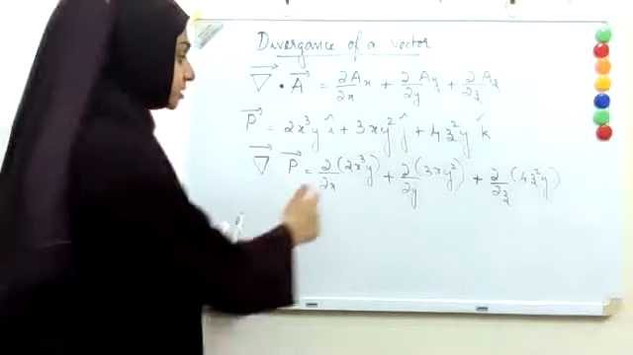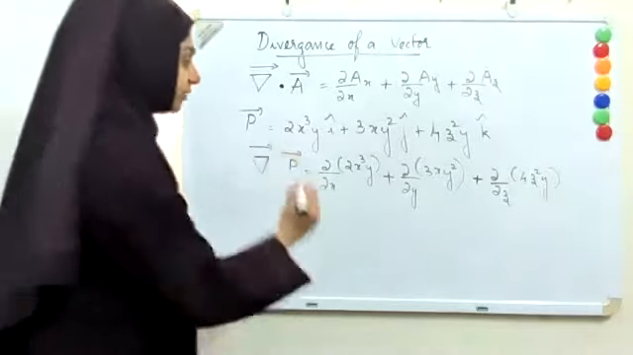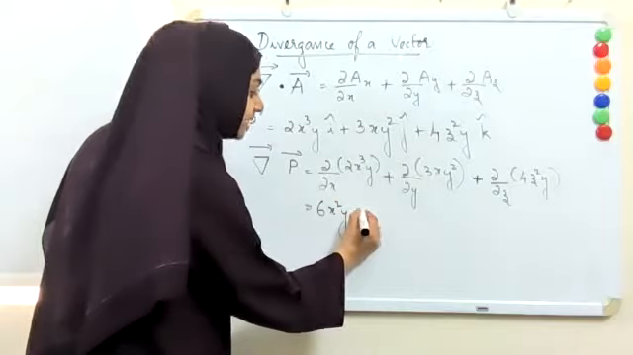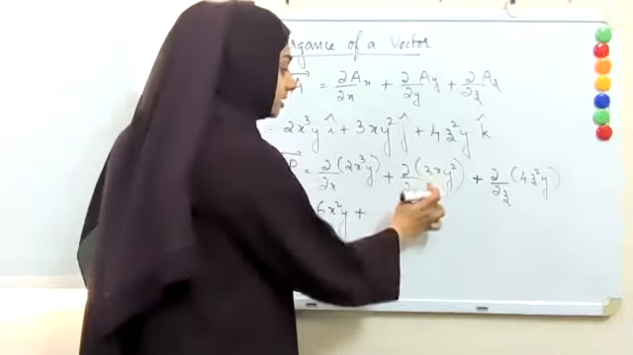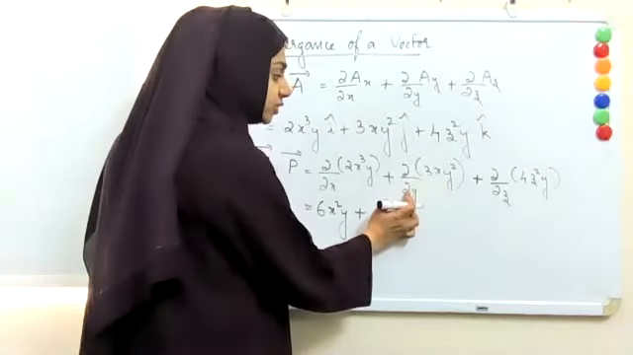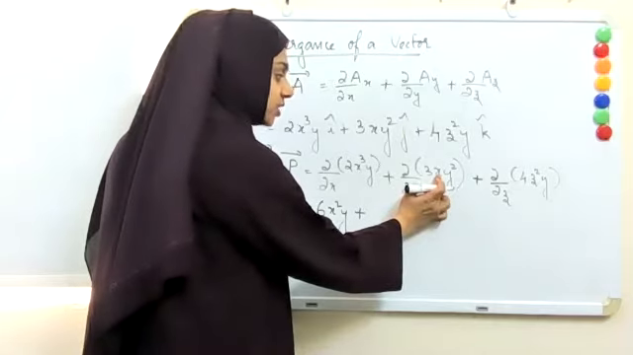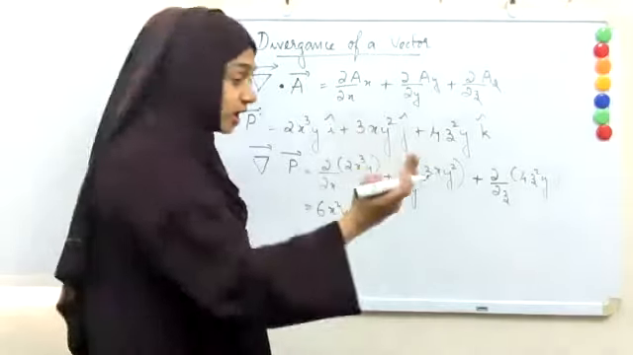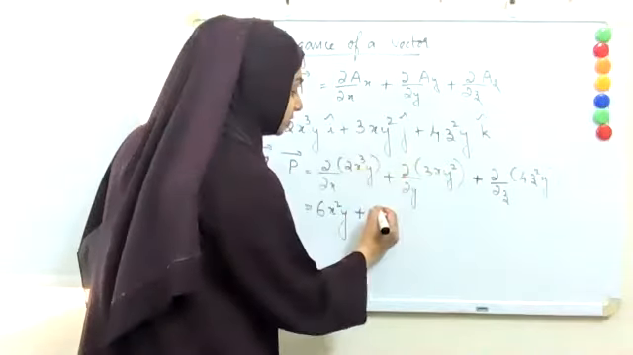3x square. So 3 multiplies with 2, giving 6x square y plus... Here I am differentiating with respect to y. I can take x as a constant. So dou by dou y of y square will be 2y. So 2 multiplies with 3, giving